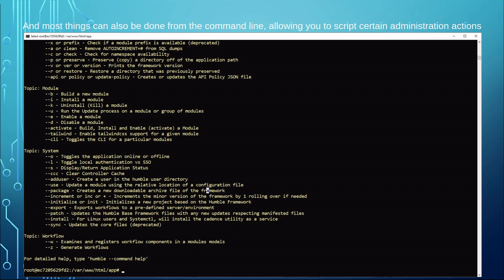And we also have a powerful command line. So it's extensible. You can add your own commands in there very easily. And a lot of times things on the administration section are just calling the command line in the background. So we do that. But doing it this way, you can write scripts that automate some of these tasks, or string them together to do multiple actions. The command line is definitely a good feature of